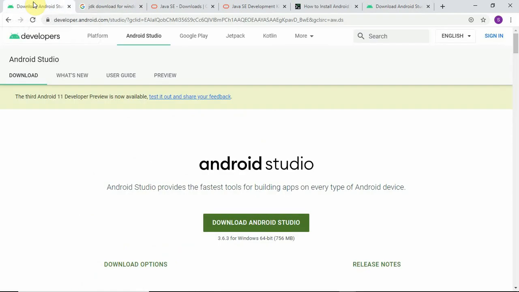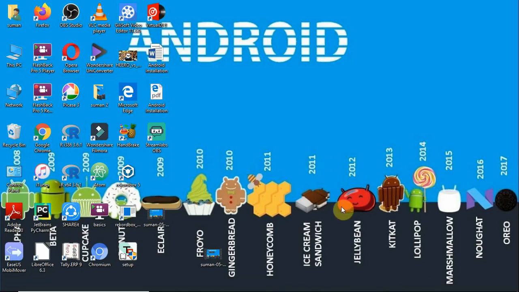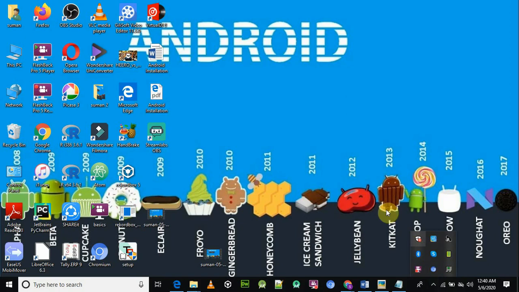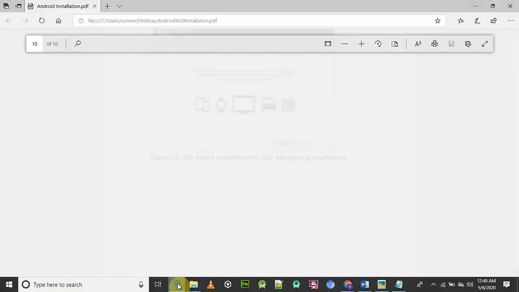We need Android Studio, which comes along with the SDK, so you don't have to install it again. All these links you can check out here, or I will provide them in a Word document, where you have a lot of links. After that, as I told you, once you install it,